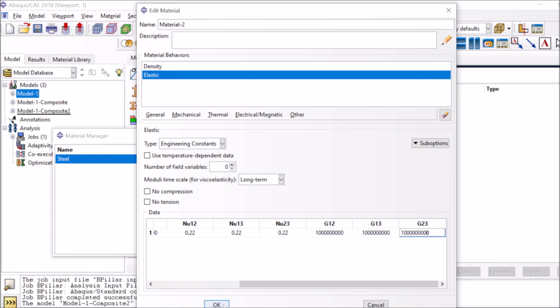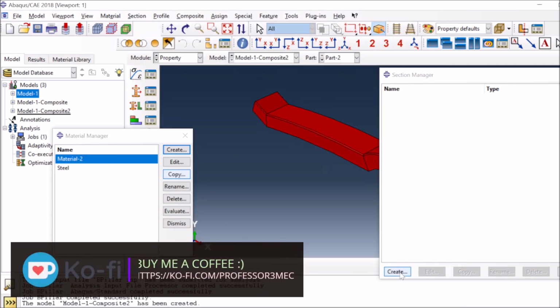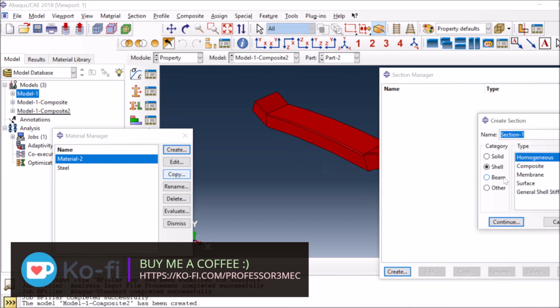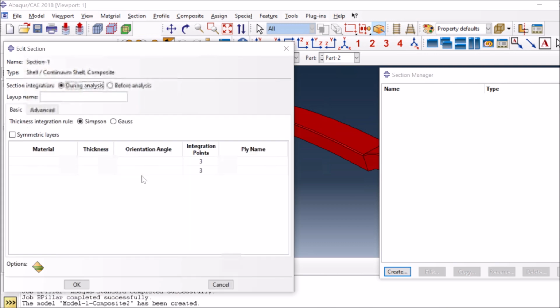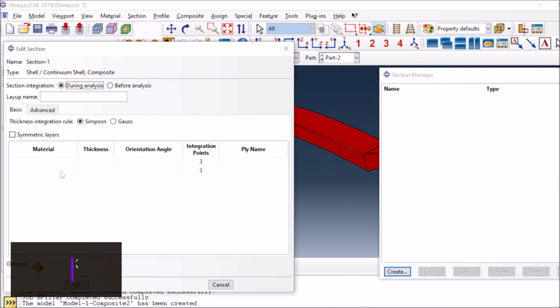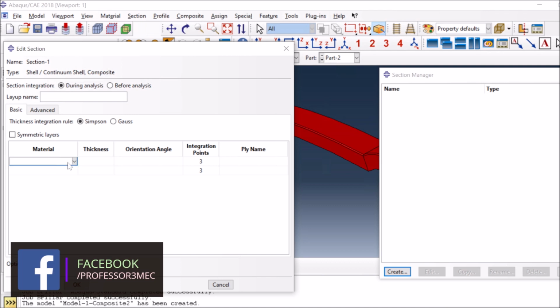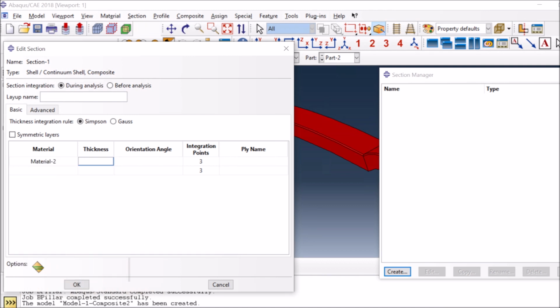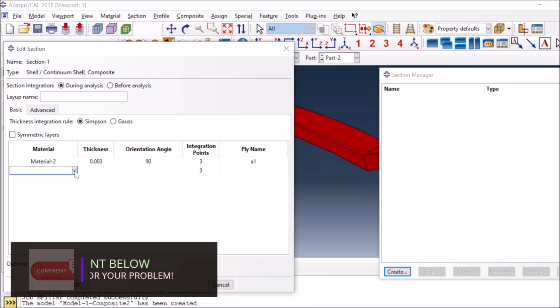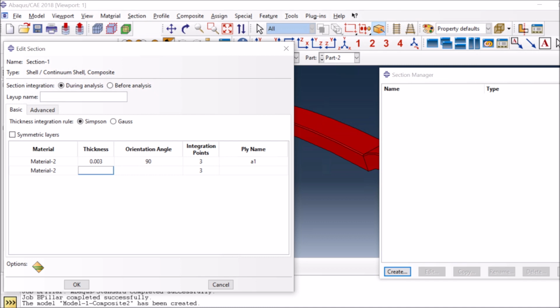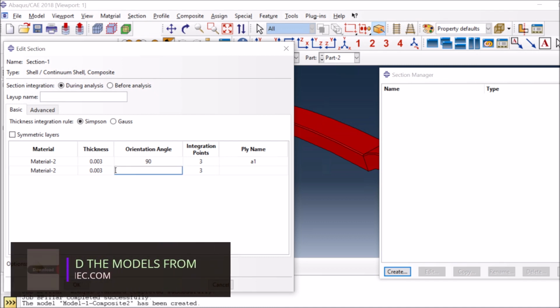So these are the properties which are defined, and now I'm going to create a shell composite section, and in this case I can use as many plies as possible. So I'm going to use the material which is composite and a thickness of 0.003 and orientation, let's say 90 degrees, and ply name A1. Then material again, 0.003, 0 degree,